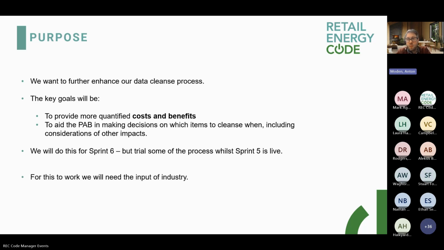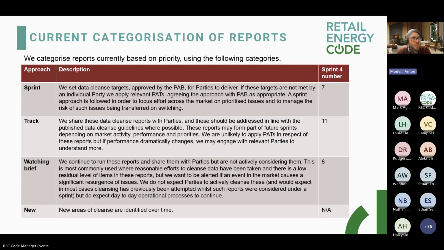So if we move forward, before I talk about this, I need to make sure everybody's on the same page with the terminology. So we currently have 4 categories. You don't need to read the description. I've just copied this from one of the guidance documents we put out, and on the far right it gives you an idea how many were in Sprint 4 for these categories. One is that we want you to actively cleanse. Other ones are track, which we